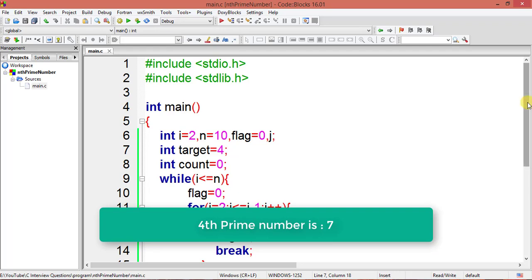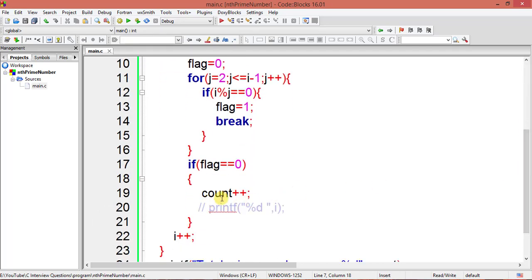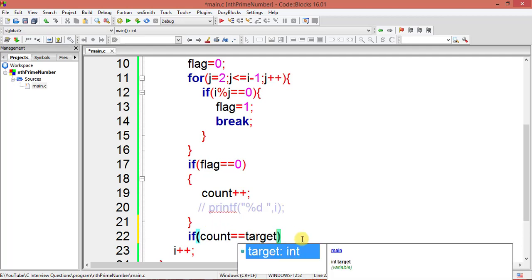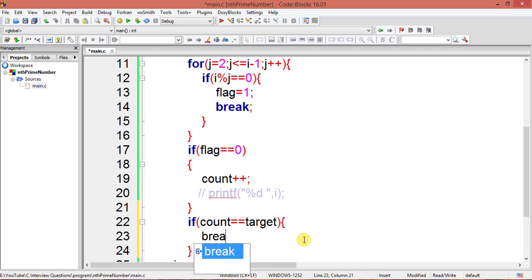And what we will do here, we are getting count, right? And after getting count, we will write one if condition: if count equal to target, what I am looking for, if that is true, then please break the loop. Then I print the value of i.